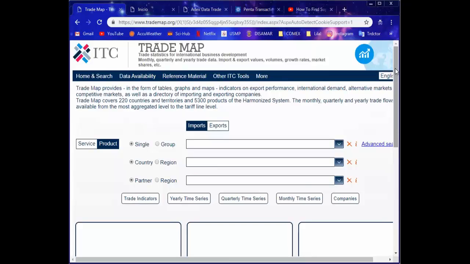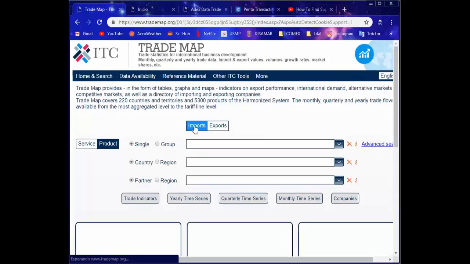Okay, so in this case, we are going to look for imports and exports. We're going to look for imports as an example. This webpage is a collaboration between the European Union and the World Trade Organization. I'm sorry, I made a confusion there. Correcting, it is from the European Union and the World Trade Organization. Now that we have the record straight, we're going to see how we can work with this webpage.